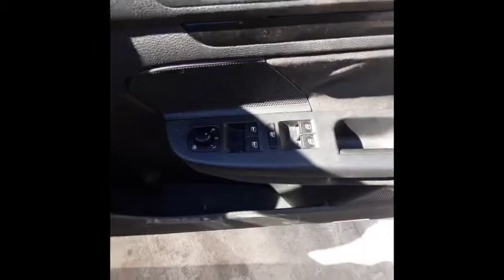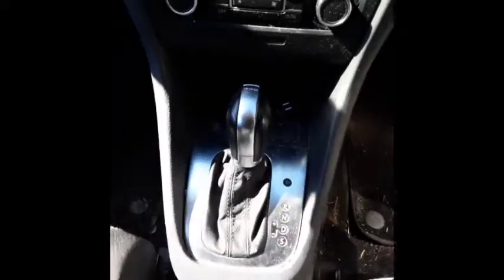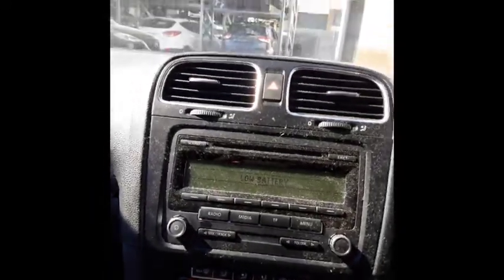With the driver's side door trim, power window master switch. This vehicle is fitted with grey cloth interior. It's got a grey cloth centre console lid, automatic type console, automatic gear shifter, climate control, heated controls, factory single